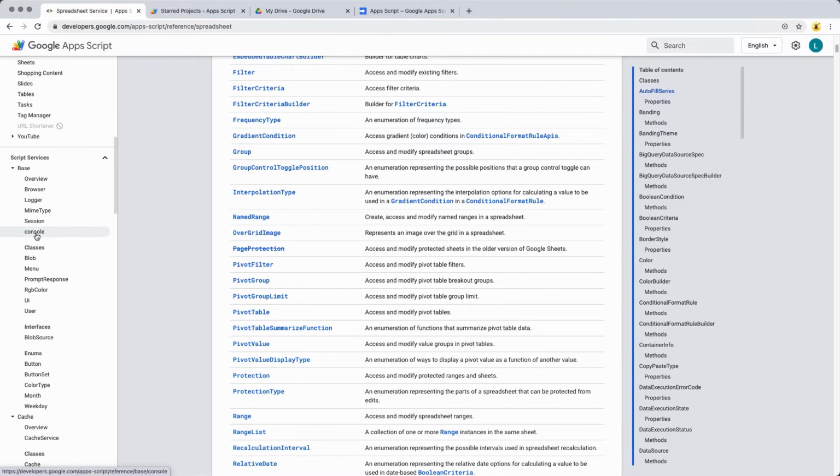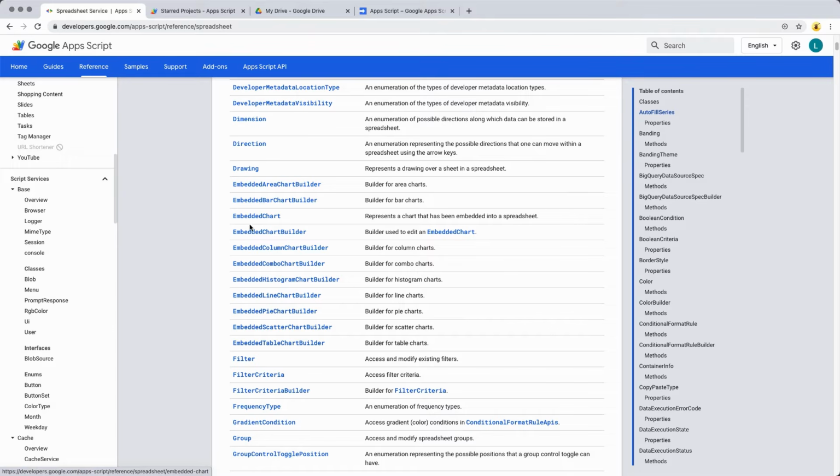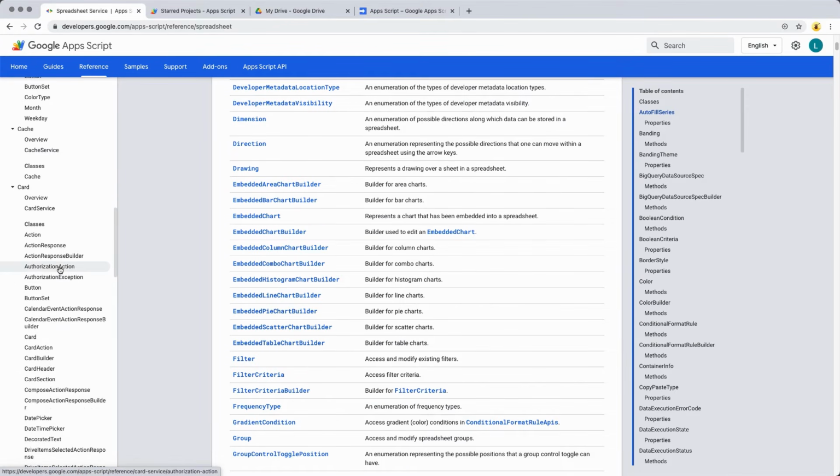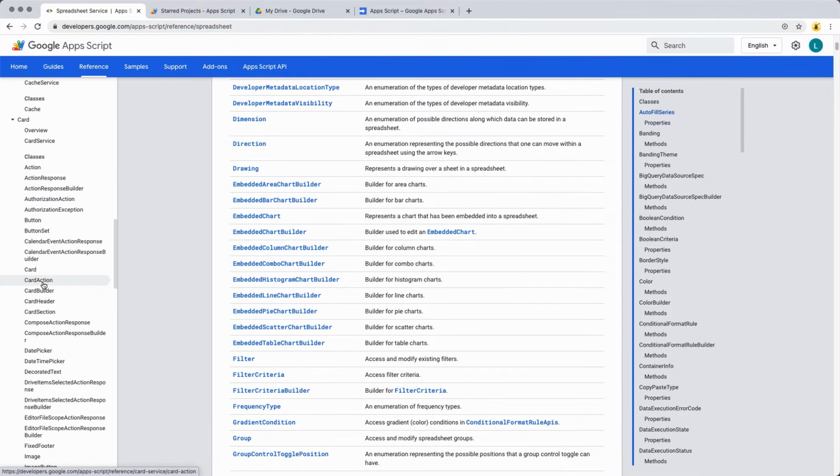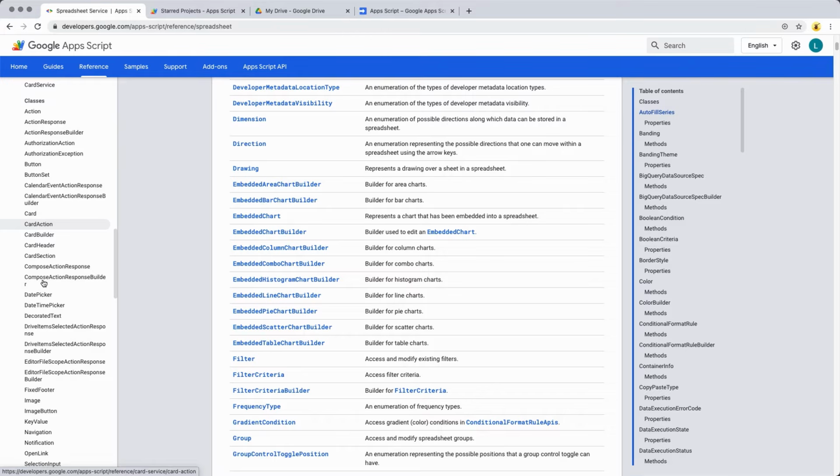Now we've got the console log as well. So if you're a JavaScript developer, the code is going to be pretty much the same as what you're writing with JavaScript, other than you've got access to all of these functions and methods that are available within the Google classes. So you're really bringing in a number of classes and then providing functionality through those classes by passing through